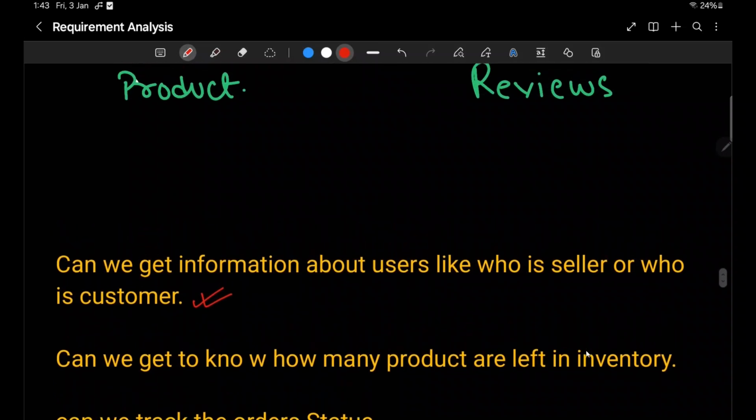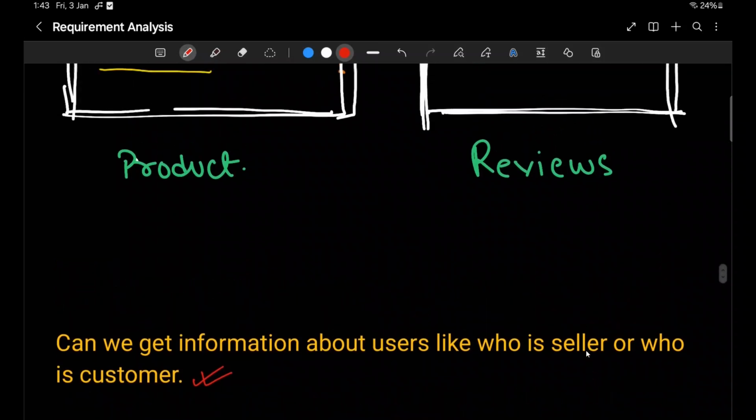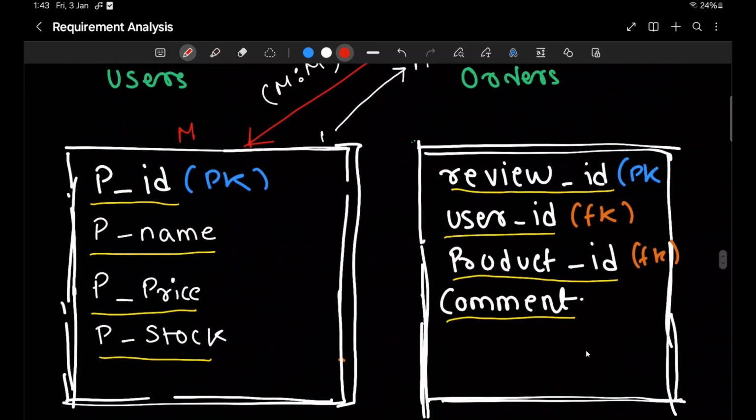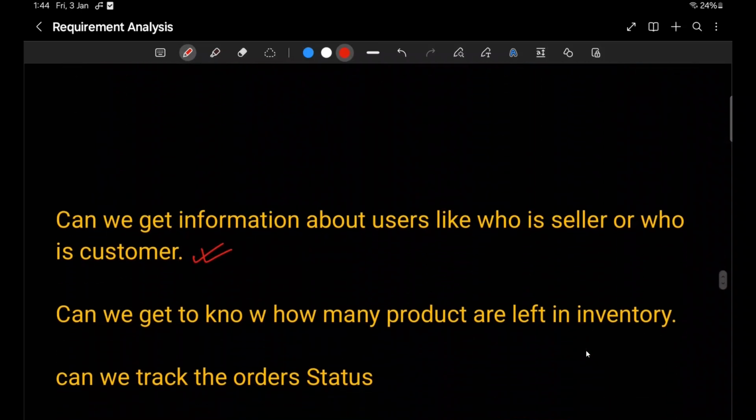Then the second question would be, can we get to know how many products are left in inventory? Let's go to our product entity and see. Over here, we have a column named product stock. Using this column, we can tell for each product how many quantities are still left in inventory. So we are able to successfully answer this.